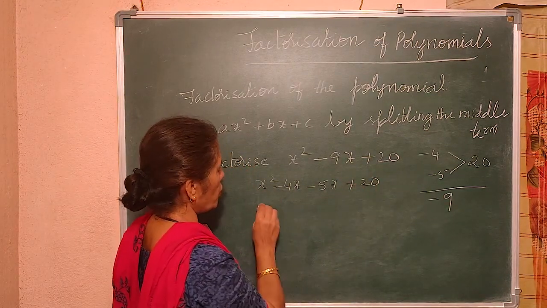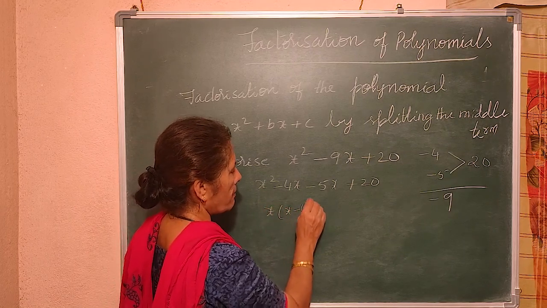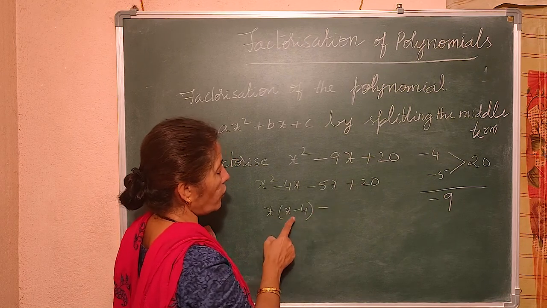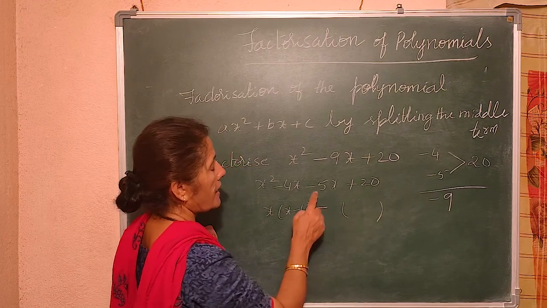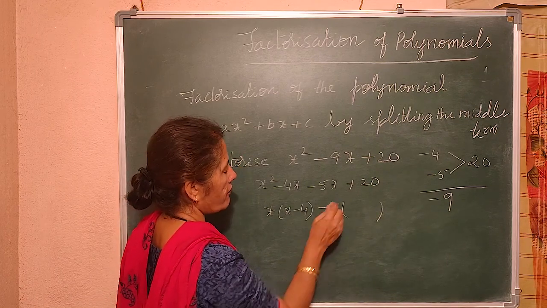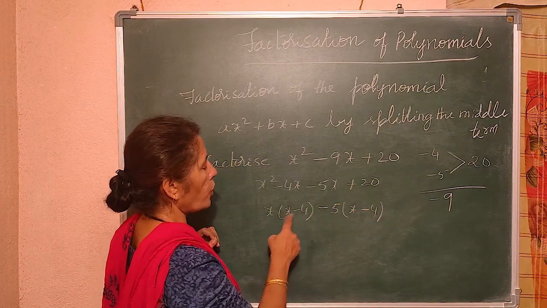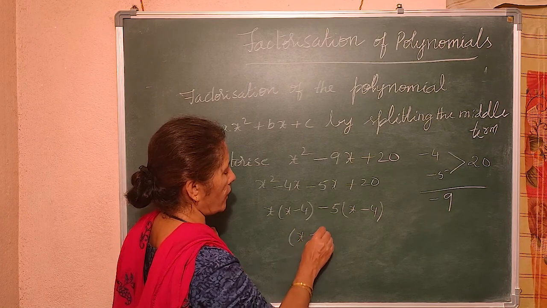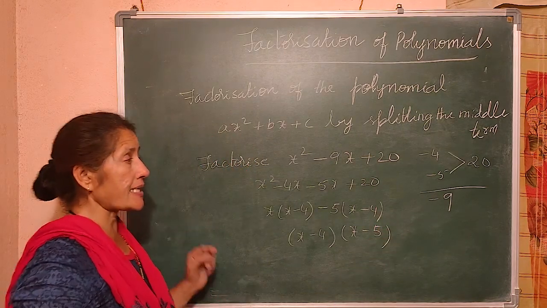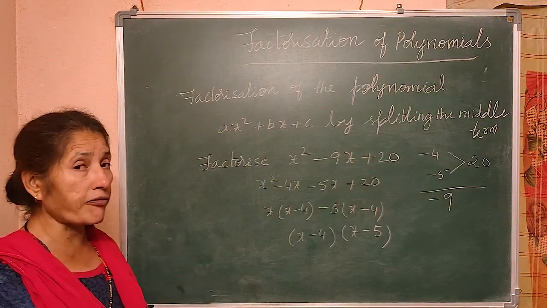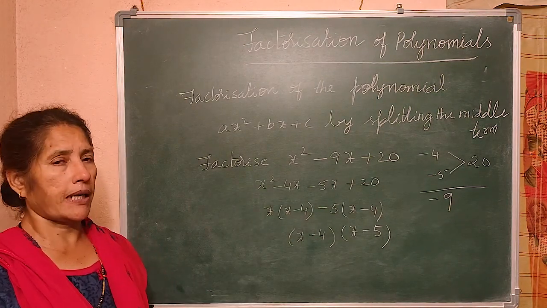So again two groups. In this one group, x is common, x minus 4, minus. Always remember, whatever I get in the bracket, I have to try to get the same in the next bracket. So I can take out 5. Whenever I take out 5, what remains? x minus 4. In both these x minus 4 is common. Take out. What is remaining? x minus 5. So next I'll give you one more simple one. Then after that I'll go to the questions whatever is there in the textbook. Then you'll understand better. Last one.